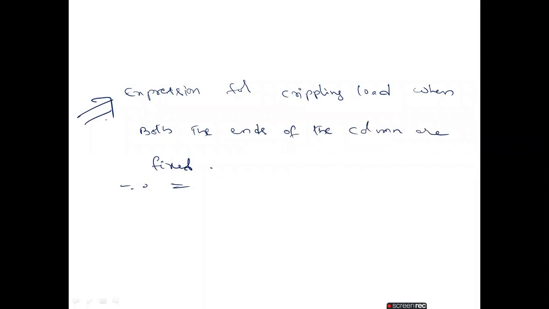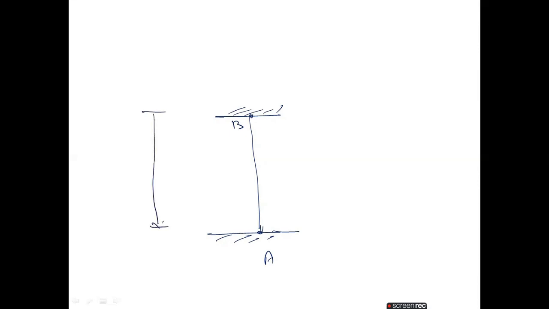So now in this condition, if you take a column, both ends of the column are fixed. Okay. So now we will consider a column AB, with both ends fixed like this. So this is the A point and this one is the B. If you see this column, it has a uniform cross-sectional area and the length of the column is L,